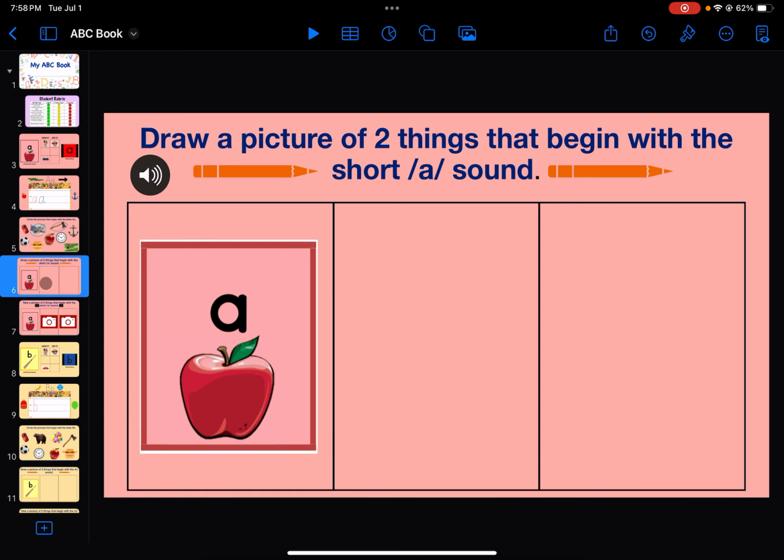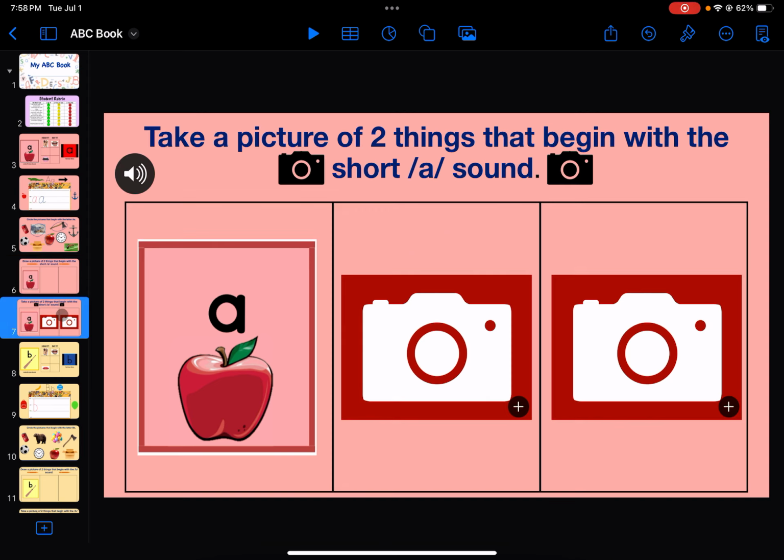All right, following that, the next activity. Now these two activities the students have a choice in doing. So in this activity, they will draw 2 pictures of something that begins with the letter that they are working on, and I also have the directions here again. So they will draw a picture using that drawing tool, or if you go to the next slide,